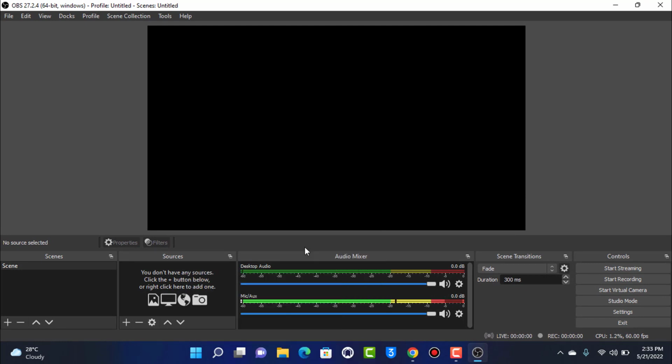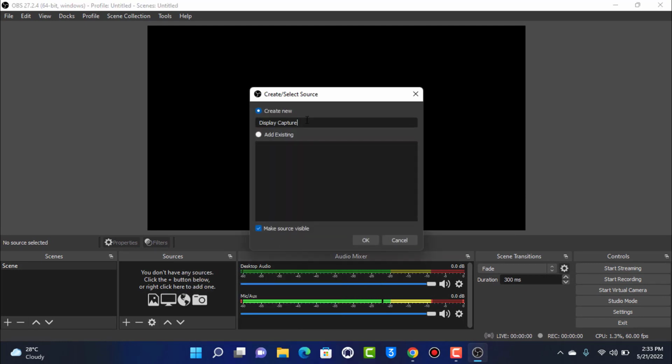I'm going to simply open display capture right over here, and as you can see, it is asking me to rename my display capture. Let us see, I'm going to simply name this the right monitor, or any type of monitor, as that is where I'll be streaming or recording, or the display monitor. Once you do that, you can also tap on make source visible or not,